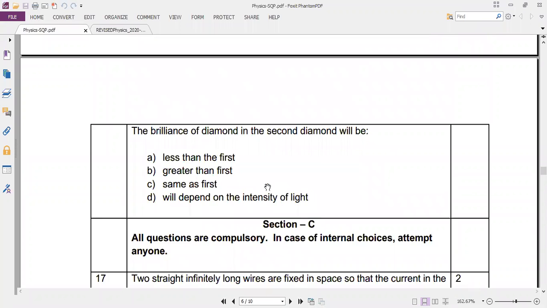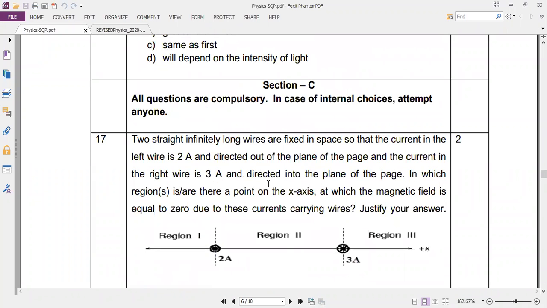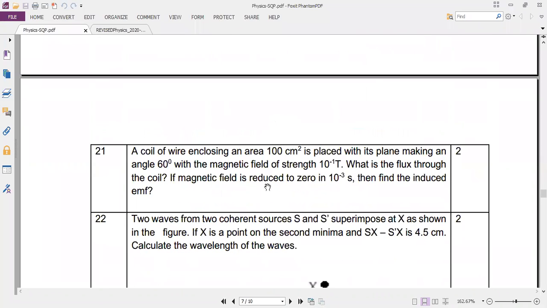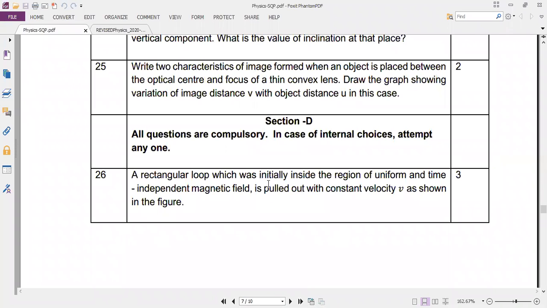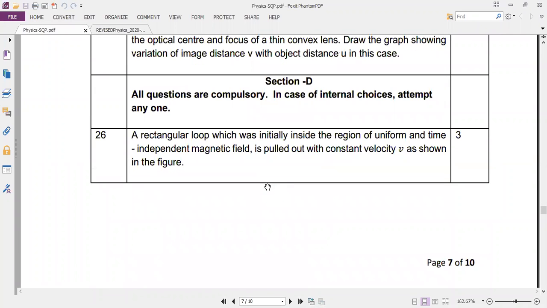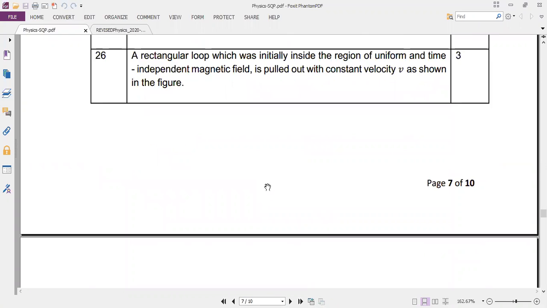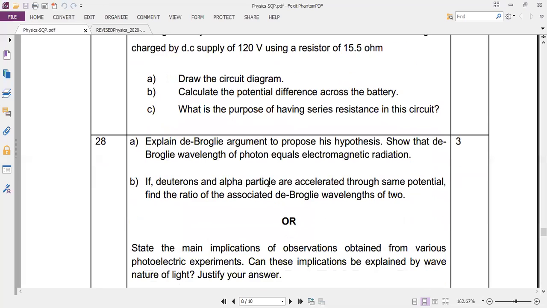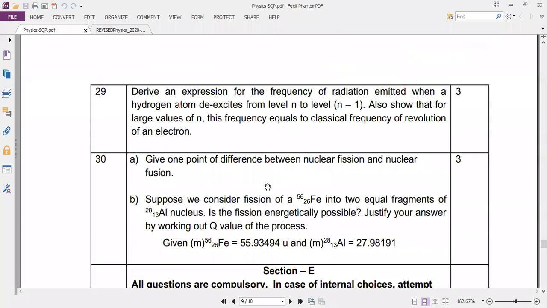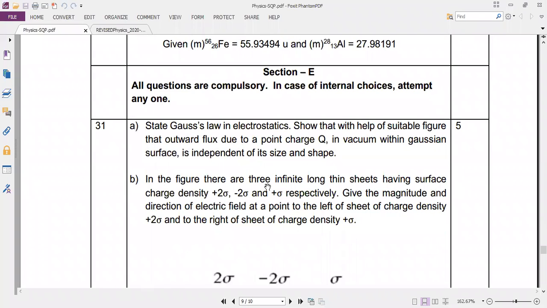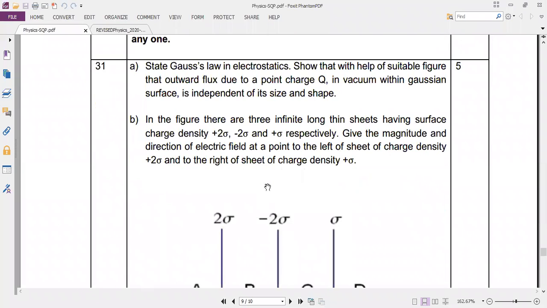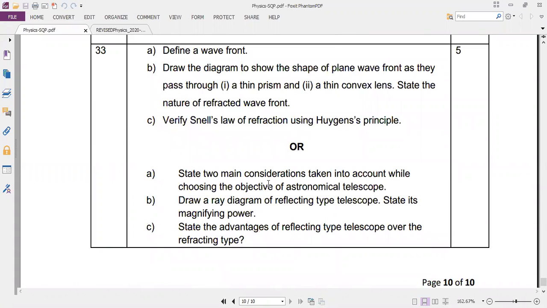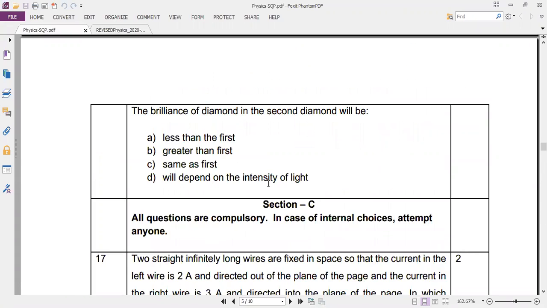Next, 2 more questions, 9 questions of 2 marks. In 2 marks also OR questions are there. Next, 5 more questions. Sorry, 3 marks, 5 more questions. In 3 marks also OR type is there, not for all the questions, two or three questions only. Section E, 5 marks, so all questions are OR type. 31 also OR, 32 also OR, 33 also OR. So this is the new sample paper for class 12,